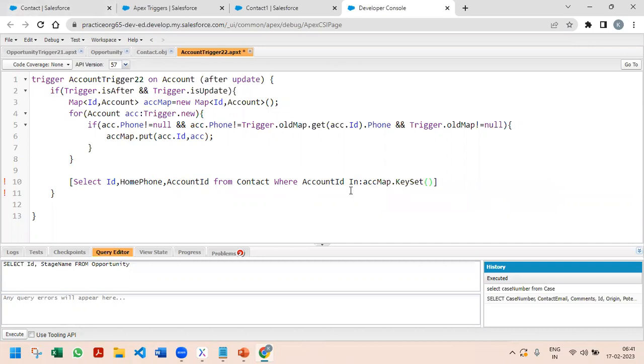So what this query will do, let us say that I have 5 records here in the account map. So it will take all those 5 records' keys. So keys are like all the IDs. It will pass to this query. So wherever this contact's account ID is matching with those 5 values, it will fetch all those contacts. Let us say that I may get 10 contacts, because each account may have two contact